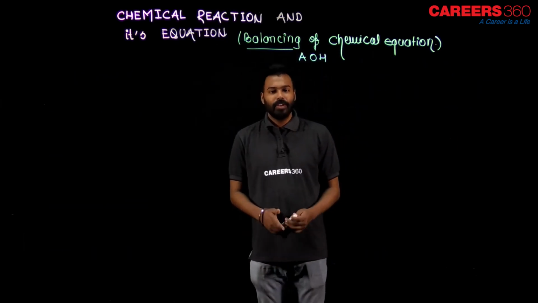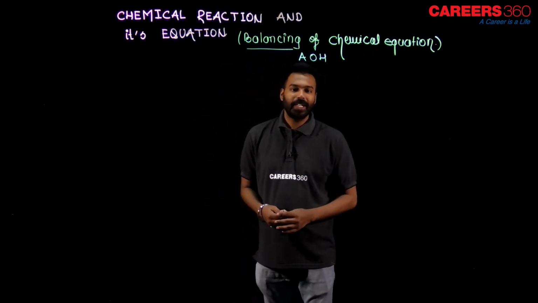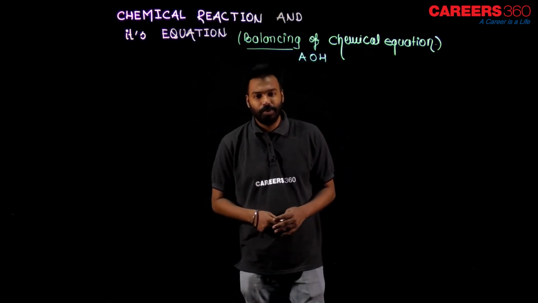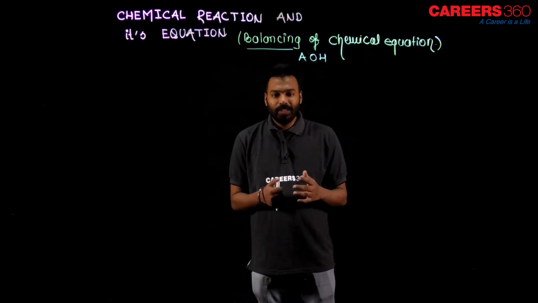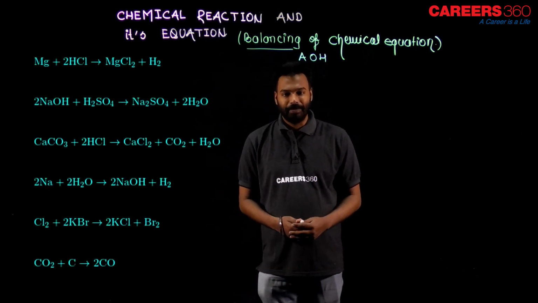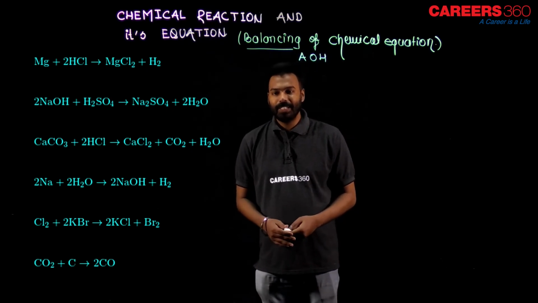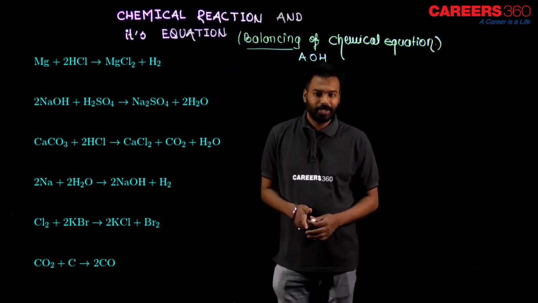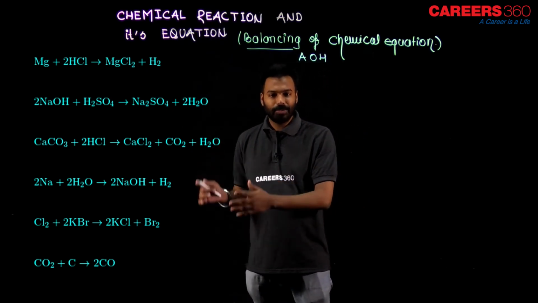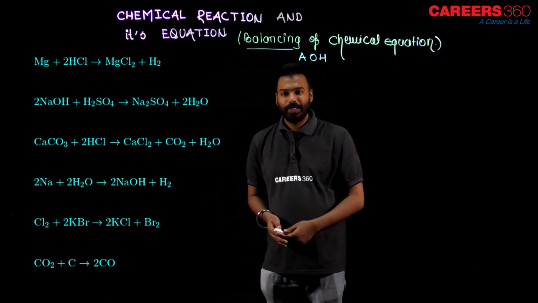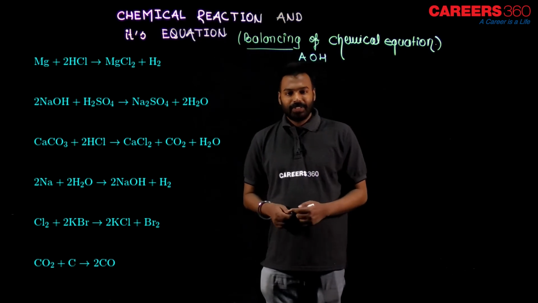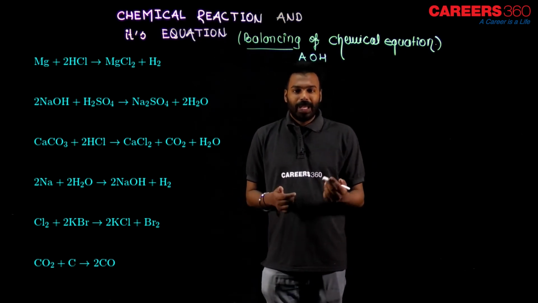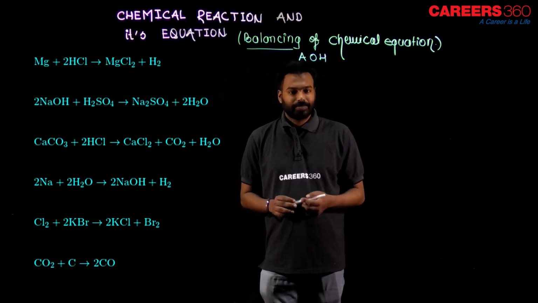Dear student, we have solved 5 important examples where you understood how to balance the chemical equation. Now let's see all the 5 answers at a time. See, Mg and 2HCl, so MgCl2 plus H2. I hope you got all these questions and this is the particular solution of those 5 questions. Okay. Let's take the next question to balance the chemical equation.